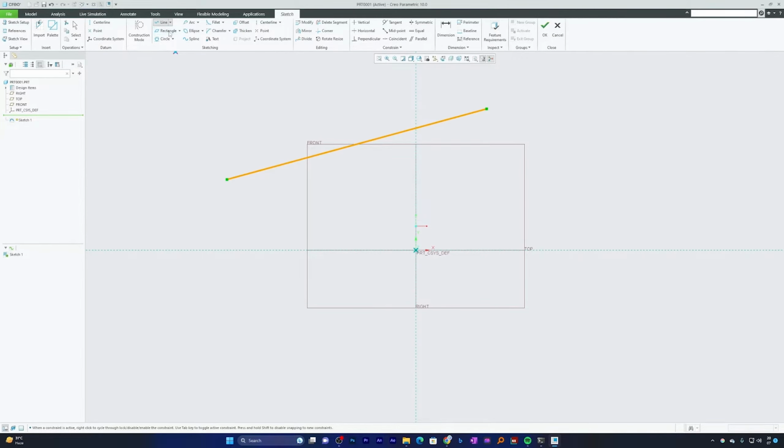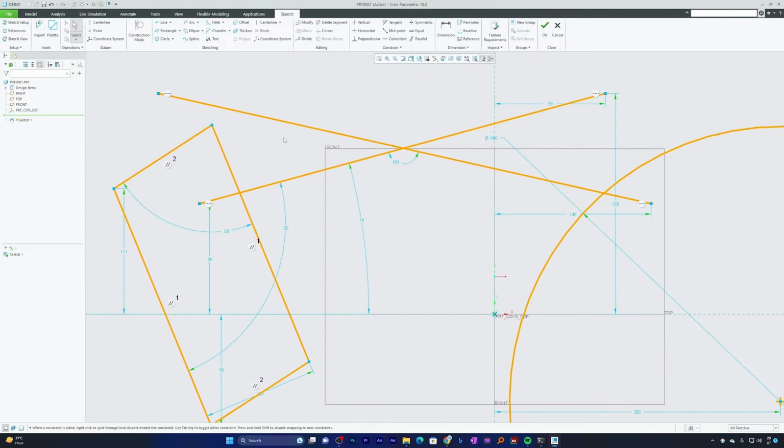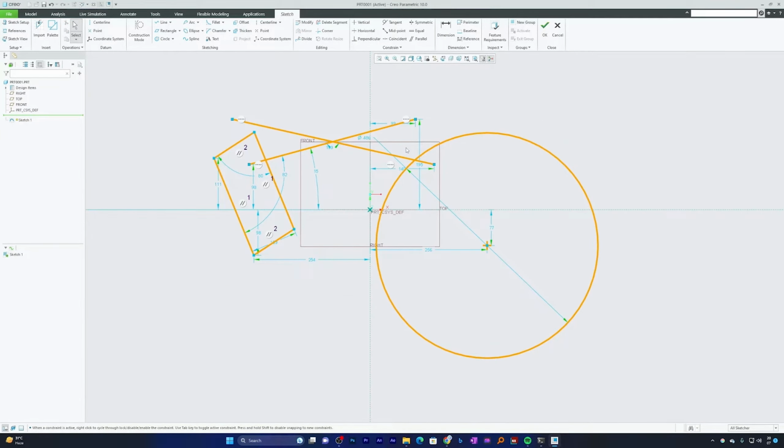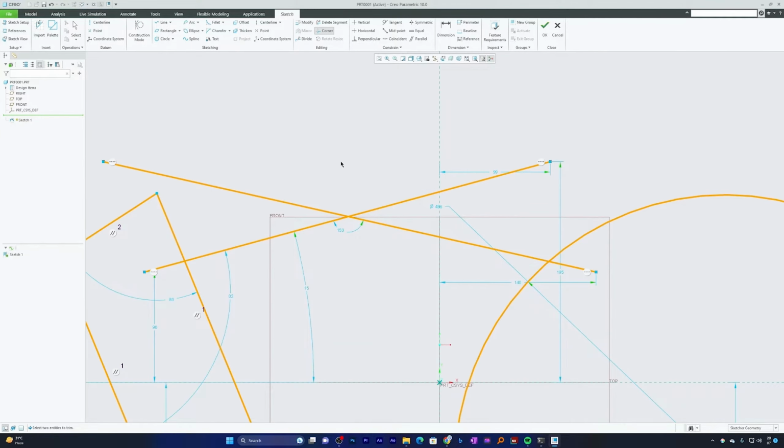So I have taken the line tool and I am just randomly drawing some different kinds of entities. Here you can see I have added two line segments, a rectangle and a circle. Now let me choose this corner tool, and as the name suggests, you will be creating a corner, or indirectly